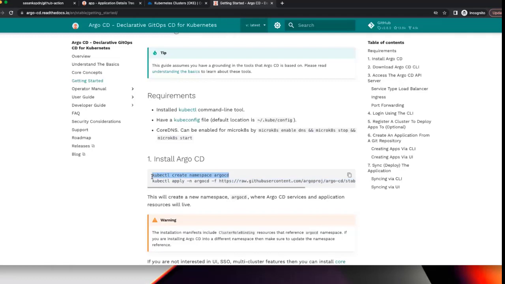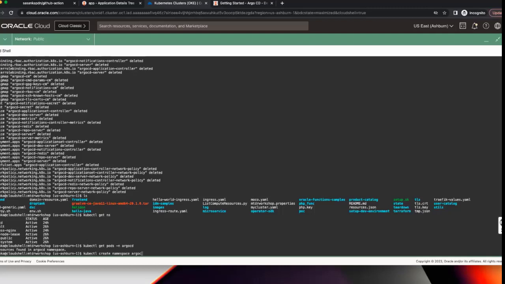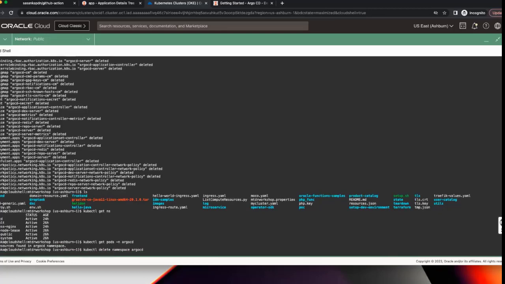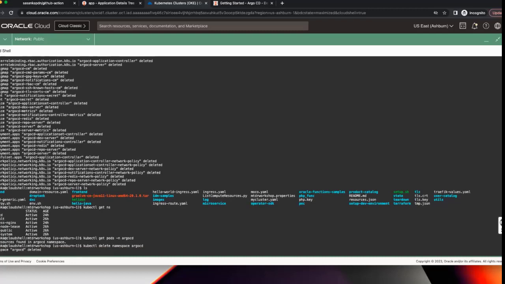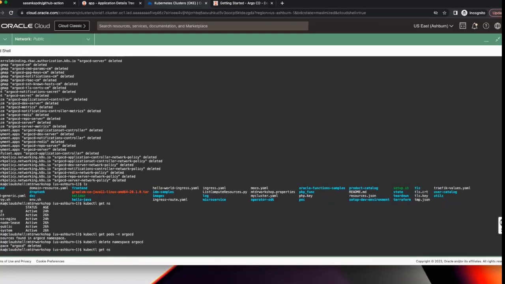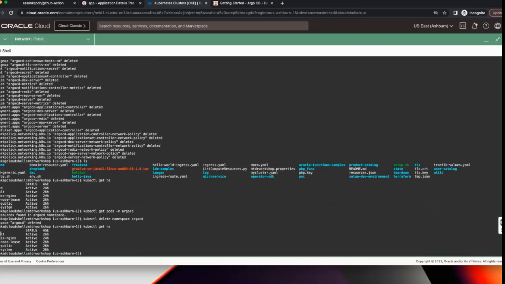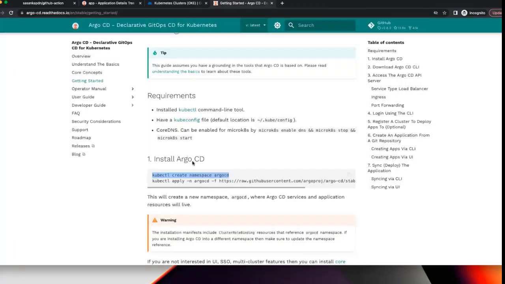I can do the same thing if you want. Yeah, I can go ahead and delete the namespace to remove everything. So now everything is deleted. If I go back, I don't see the namespaces. What I'm trying to do is create it back again.